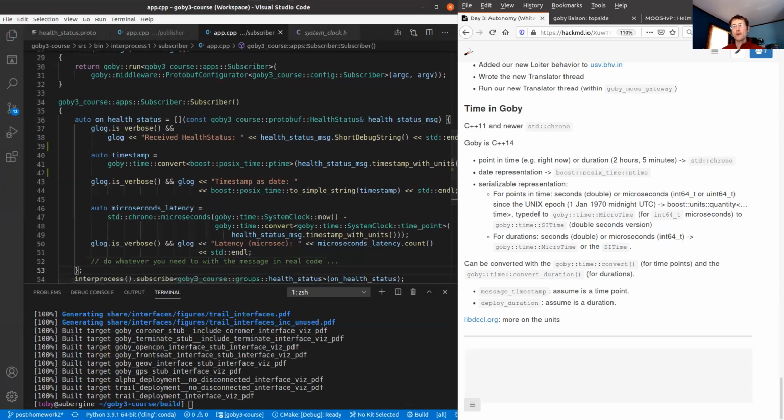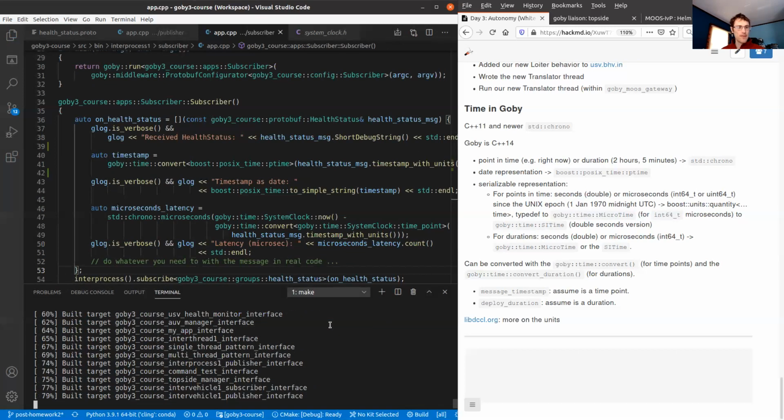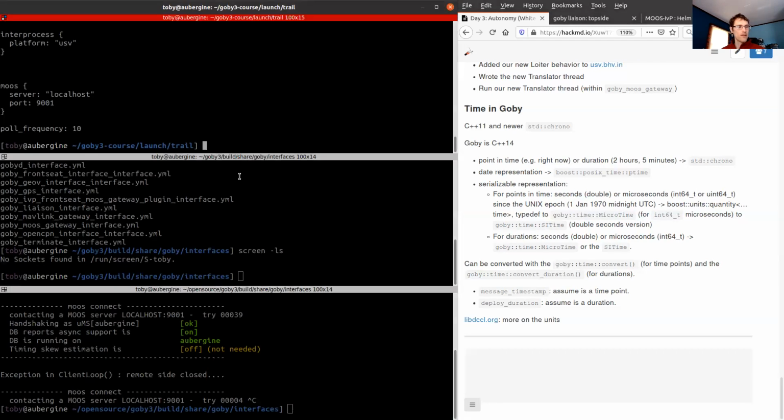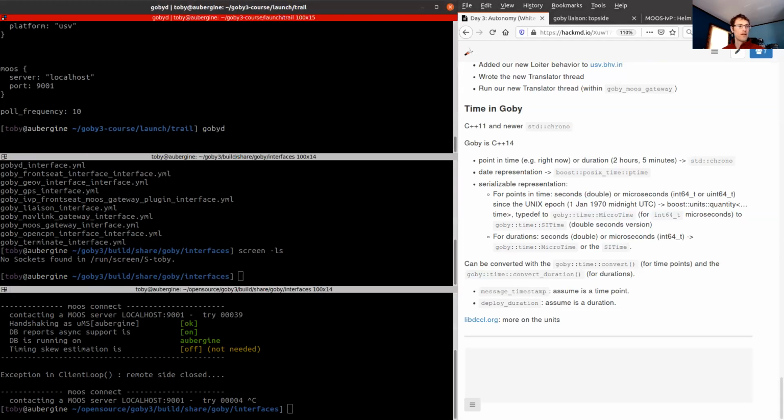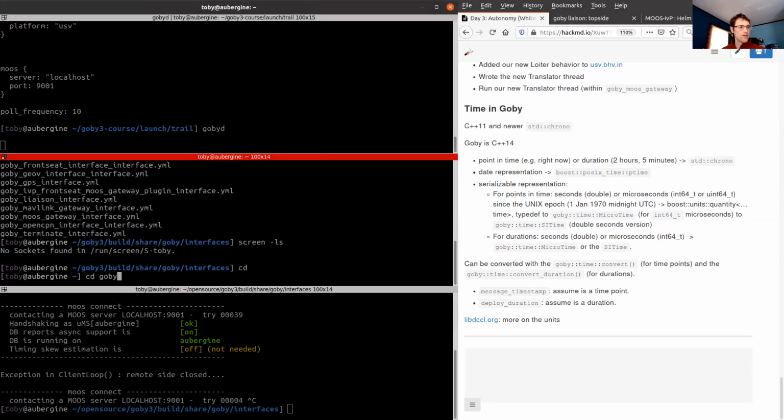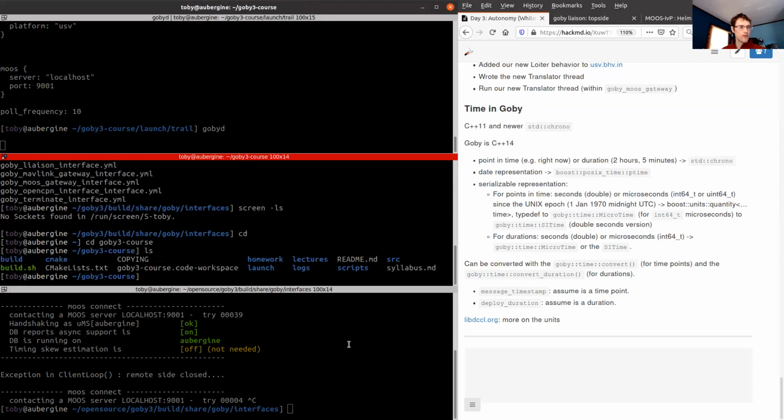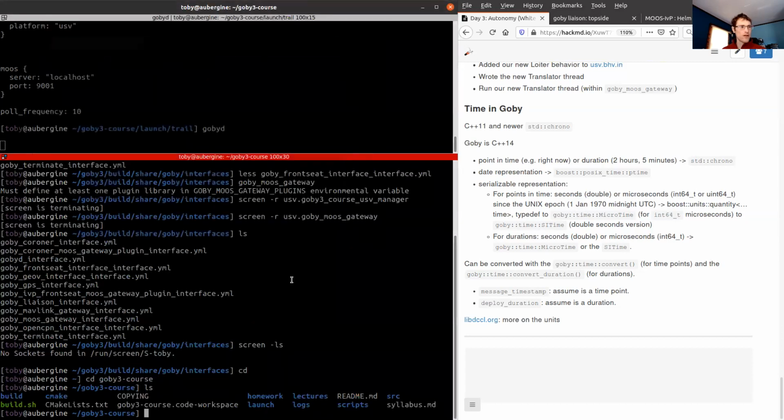Okay, if we rebuild that, go back down here and launch our Goby3. Put ourselves somewhere, it doesn't really matter where.